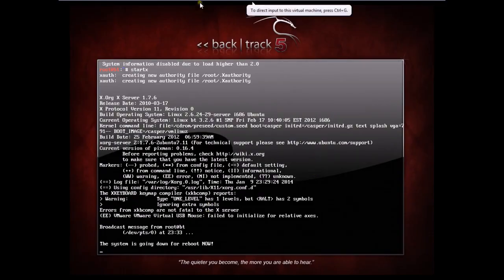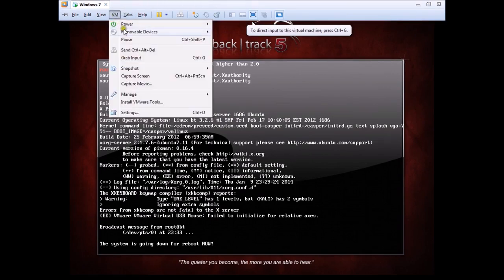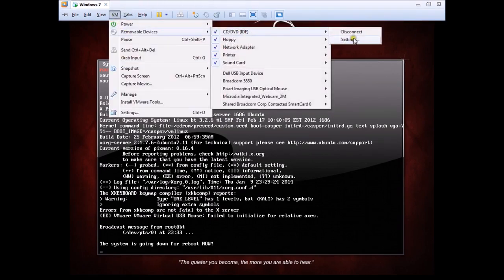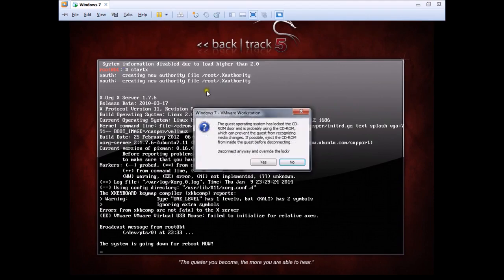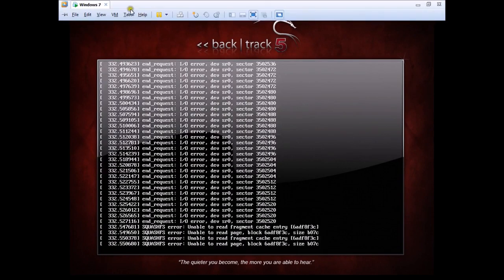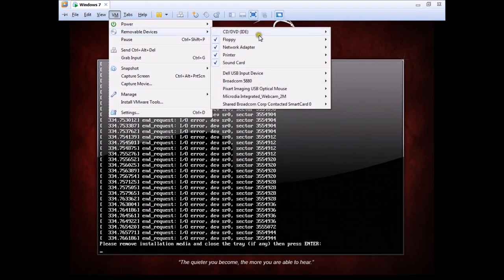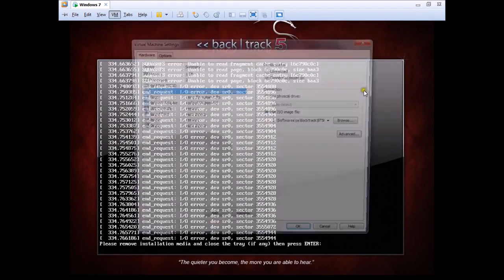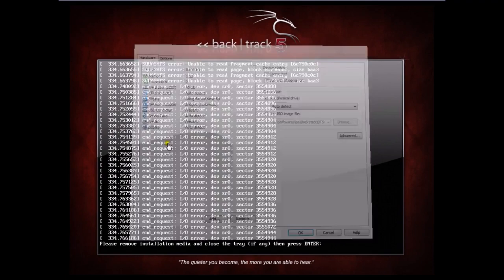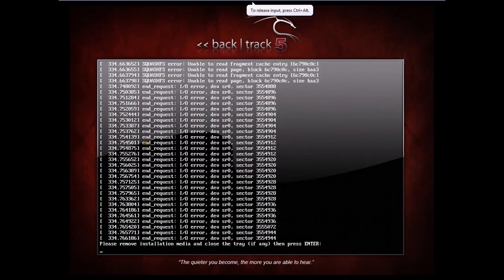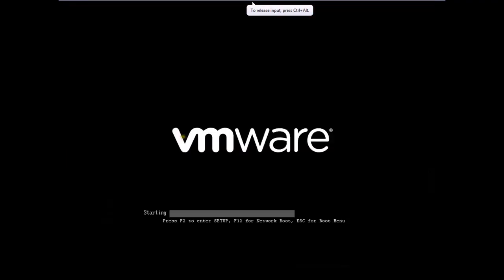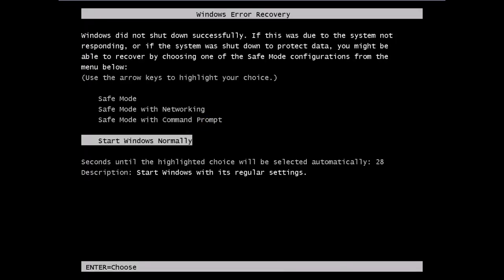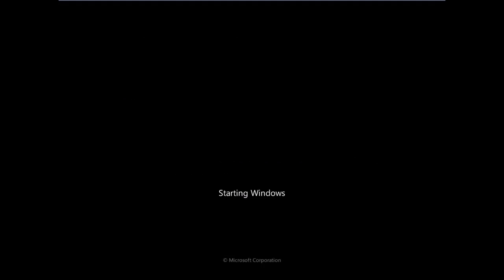And don't forget to take your CD out, so that it will not boot from that CD at the next boot, and your Windows 7 machine will be booted. We'll start our Windows 7 machine and try to bypass the login.